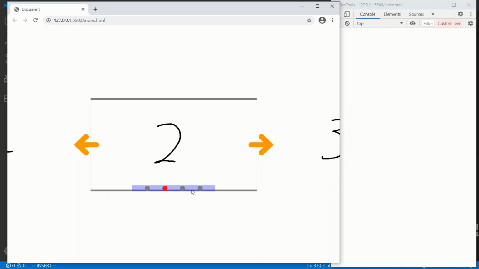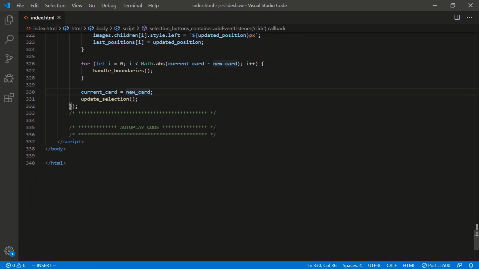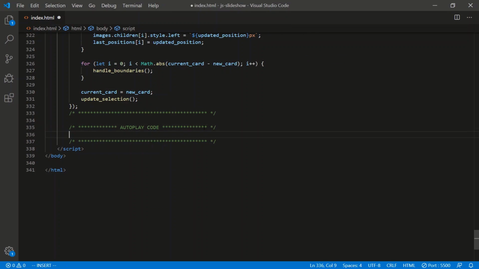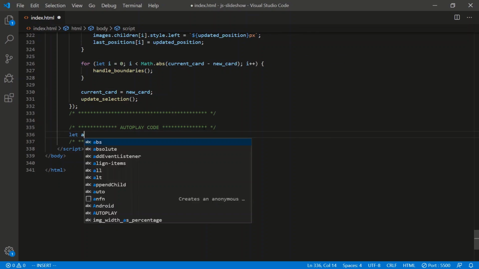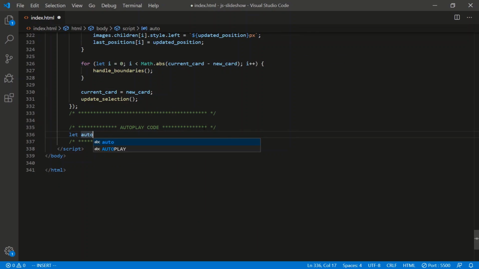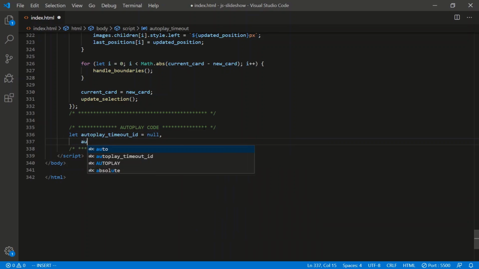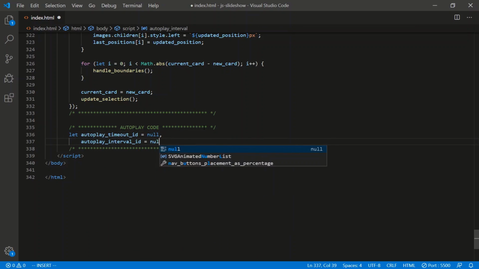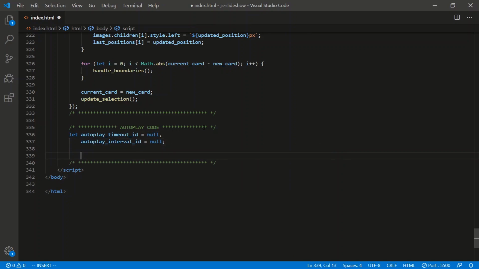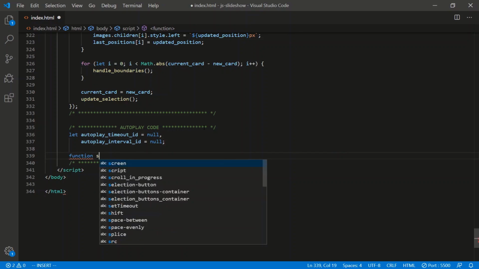All right, let's finish this video off by implementing an autoplay function. So let's do this. Autoplay code. We're going to need 2 variables to keep track of some timers. So the first one's going to be an autoplay timeout ID timer. We'll do an autoplay interval ID timer. And let's do a function that calls these guys. So start